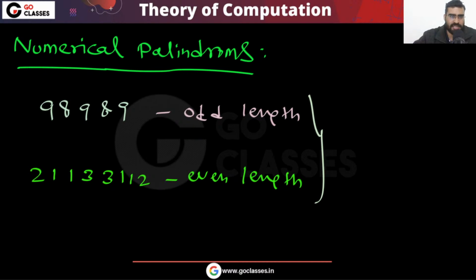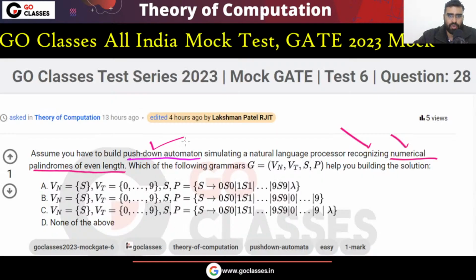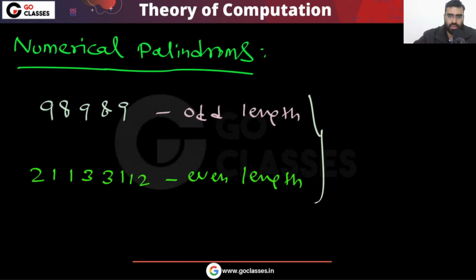Now the question is asking that we want to create a push down automata to recognize numerical palindromes of even length. This is what we want to recognize. Then the question is asking which of the following grammar will help you build the solution. Which following grammar will help you create this push down automata for this language? So this answer is very